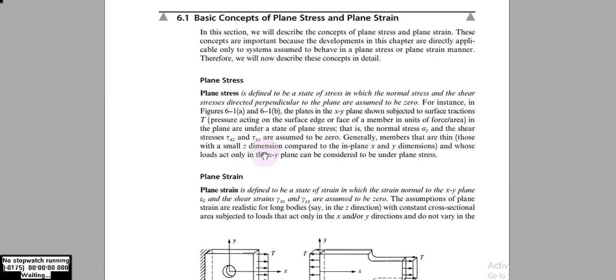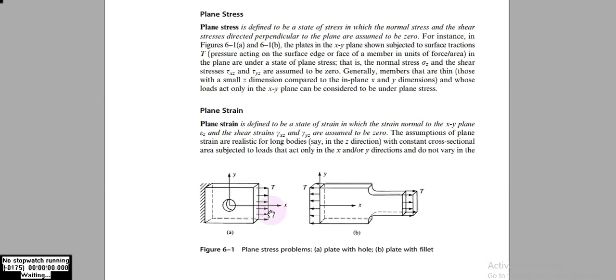Okay, for the plane stress we can define it as the state of stress in which the normal stress and the shear stress directed perpendicular to the plane are assumed to be zero. For instance, the plane xy shown is subjected to the traction, as we can see over here. This is traction, okay, and